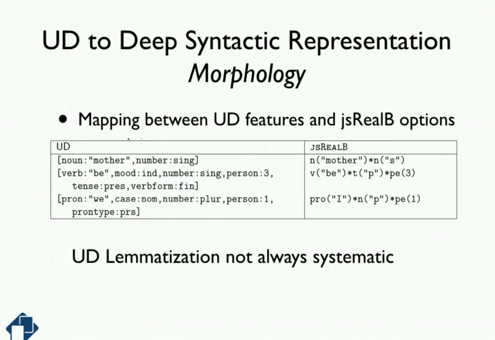So first of all, how do we do this? From a universal to the deep syntactic representation, we have to take care of morphology. So morphology, that is, we will map between the UD, the universal dependency features, and the options that we have. For example, if you have in universal dependency noun, mother, number, singular, this will be generated like that. If you have the verb be, the indicative, person three, and so on, you have more or less a direct